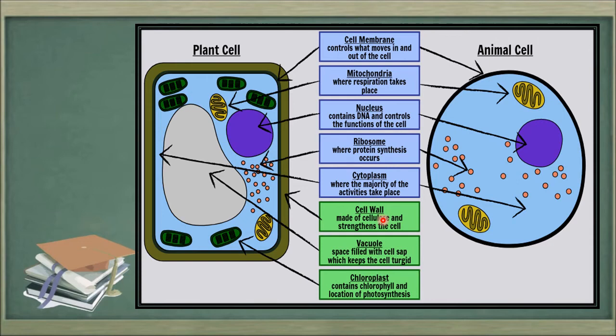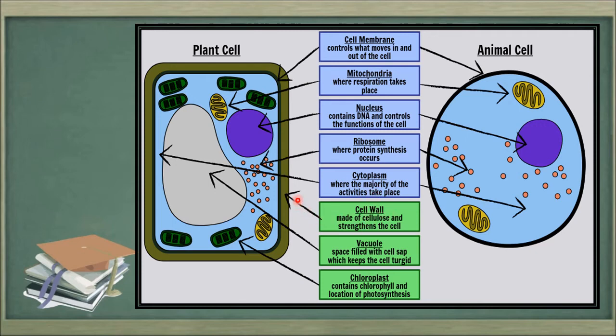Now let's look at the next cell organelle, the cell wall. You can see that marking is shown over here, and we are not showing any marking over here. So the cell wall is present only in plant cell. It is not present in animal cell at all. So this gives you the differences also. These 5 are present in both; this is the similarity, whereas these are only present in plant cell. They are shown with green color. Whatever is different in plant and animal cell is shown with green boxes, whereas whatever is similar is shown with blue boxes. So let's talk about the cell wall now.